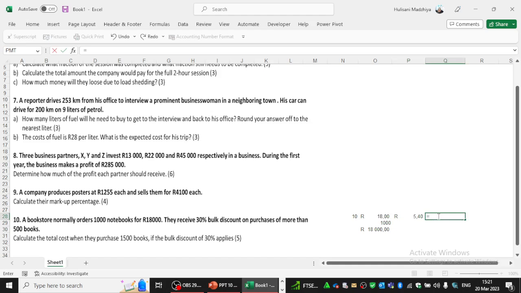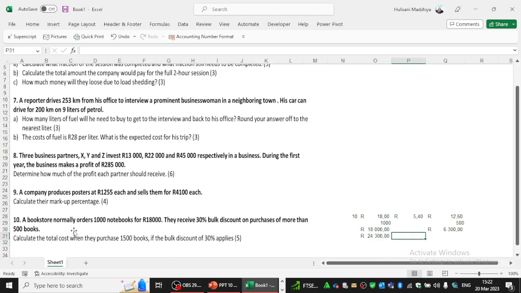So therefore the total new price after the discount is included will be equal to 18 rand minus this value, so the new price will be 12 rand 60. So meaning that for each and every book above 500, the cost will be 12 rand 60 multiplied by 500, which are the books above. So that's 6,300. Therefore for the first 1,000 we are going to have 18,000. For the ones above, which is going to be 500, we are going to be paying 12 rand 60. So the total cost of the 1,500 books including discount will be 18,000 plus the 6,300, giving us